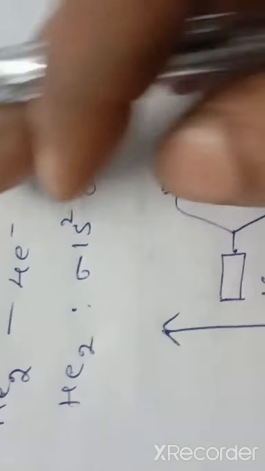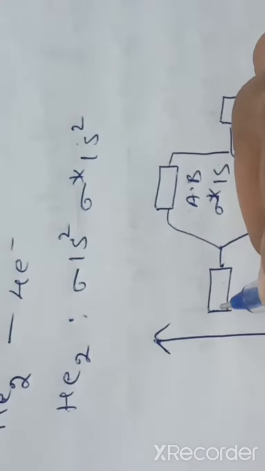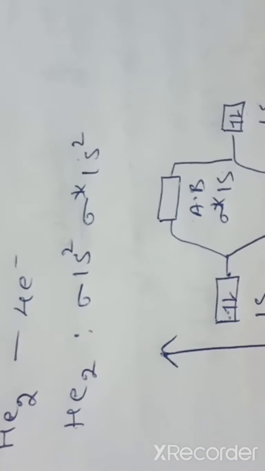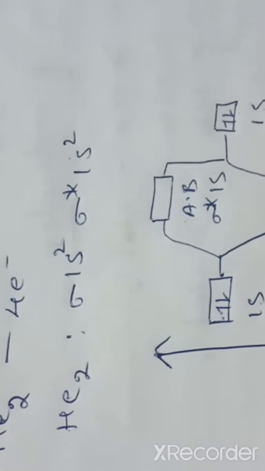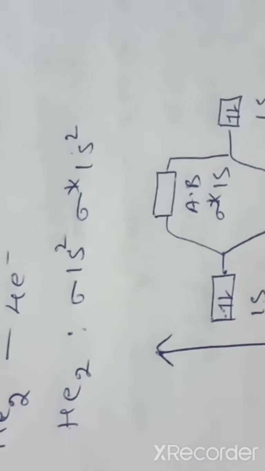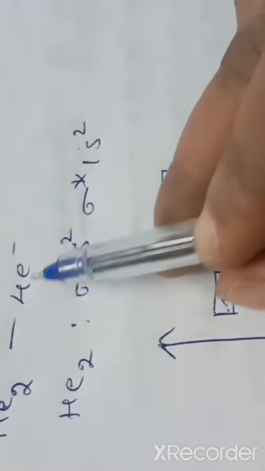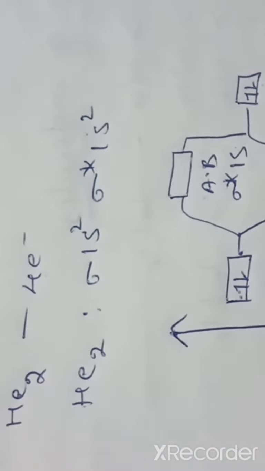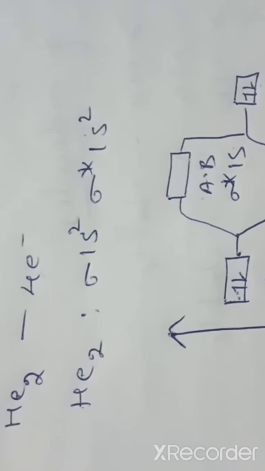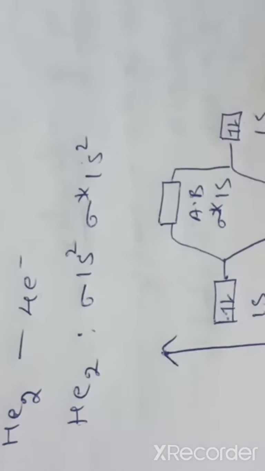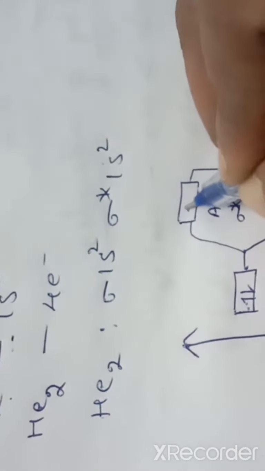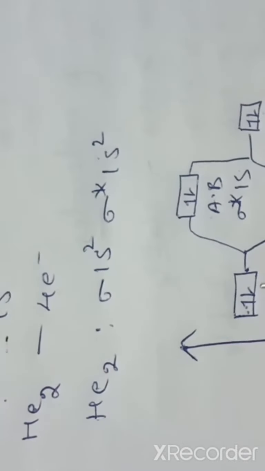In one orbital how many electrons are present? 2 electrons are present. Here how many electrons? 2. So a molecule means these two combine to form a molecule. 2 atoms combine to form a molecule. How many electrons are present? 4. According to the principles we have learned, Aufbau, Pauli's exclusion and Hund's rule, what do we have to do? We have to fill 2 electrons here and 2 electrons here. So total 4.